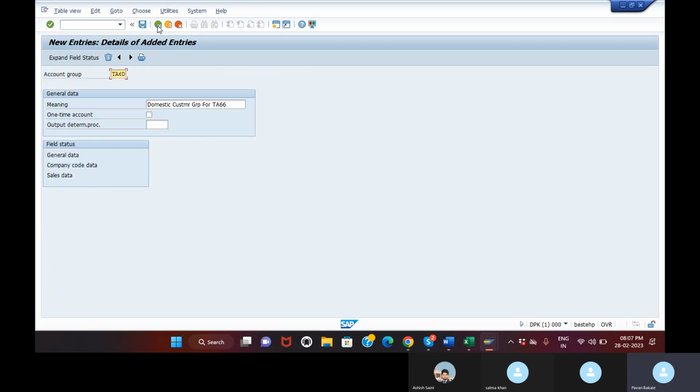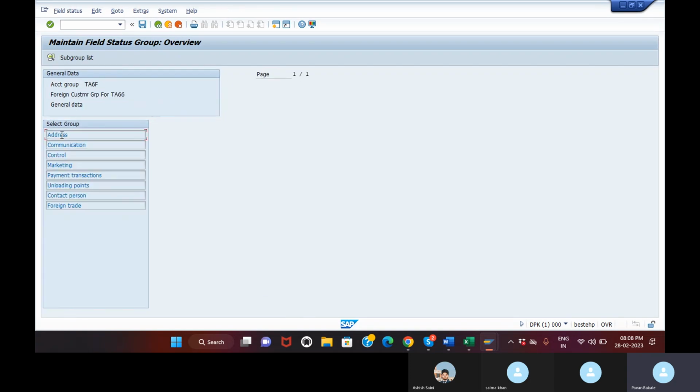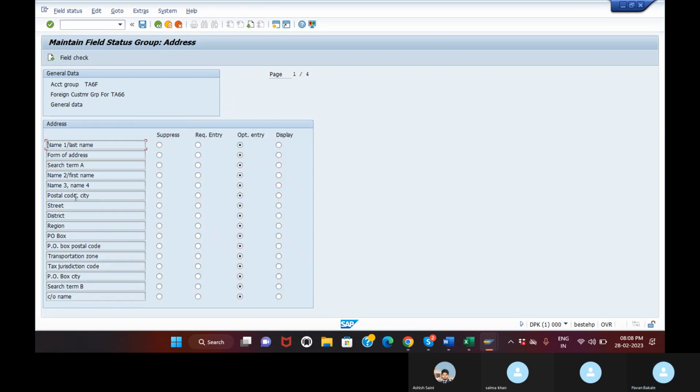Now I'll take it back. I will create another one next: TA6F. F means foreign customer group for TA66. Again go to General Data, then Addresses. Develop addresses, and again keep street address as a required entry. I'm doing the same for both TA6D and TA6F. I'll keep the state as a required entry here, and now I will take it back,